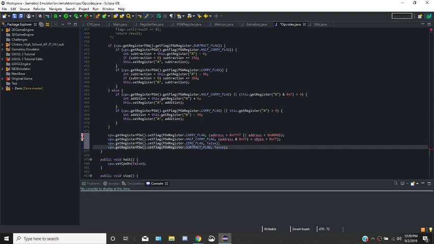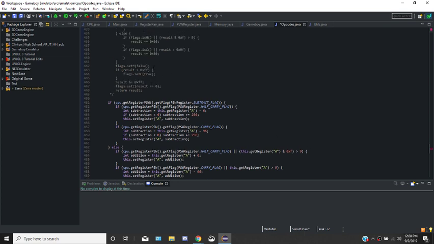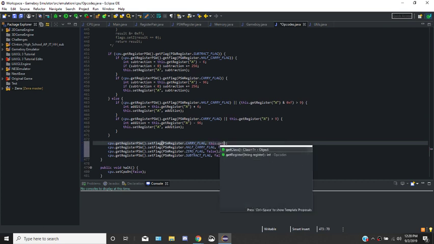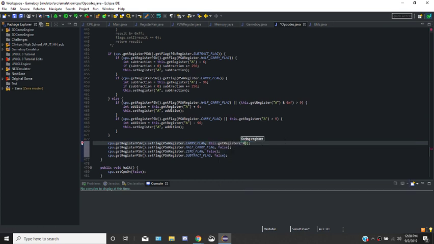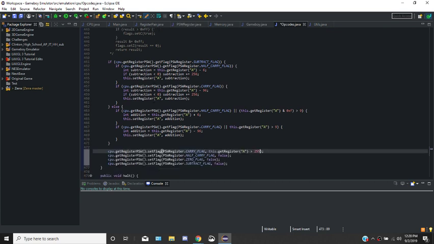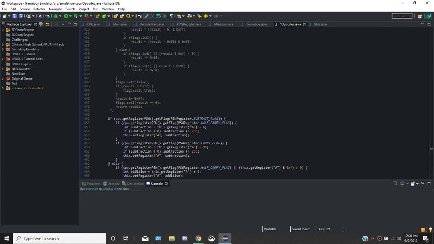So it resets the half carry flag, so that's false. What else does it do? If it's an overflow, so if this dot get register of A is greater than 2 to 5, then that sets the carry flag, the overflow flag,